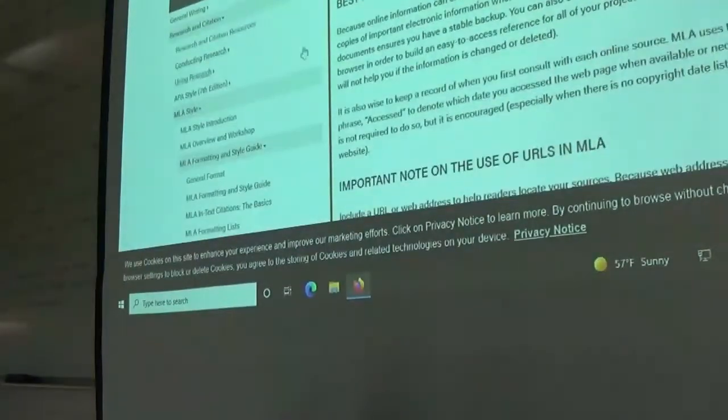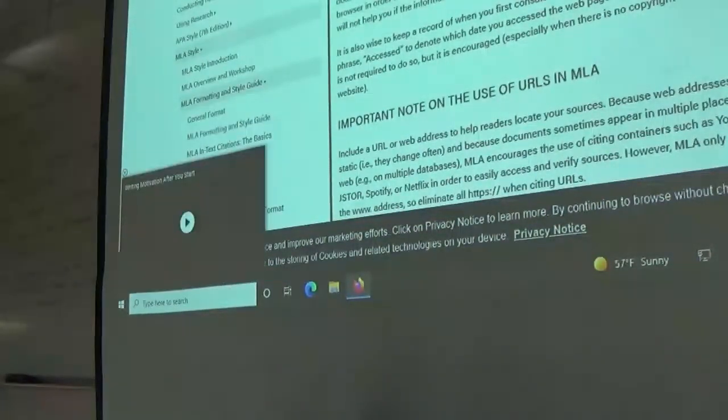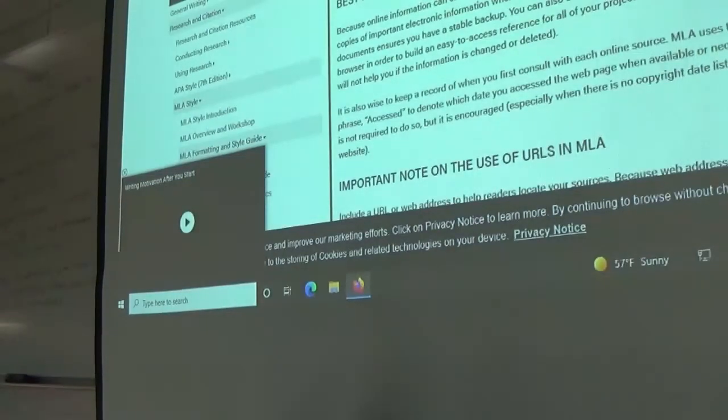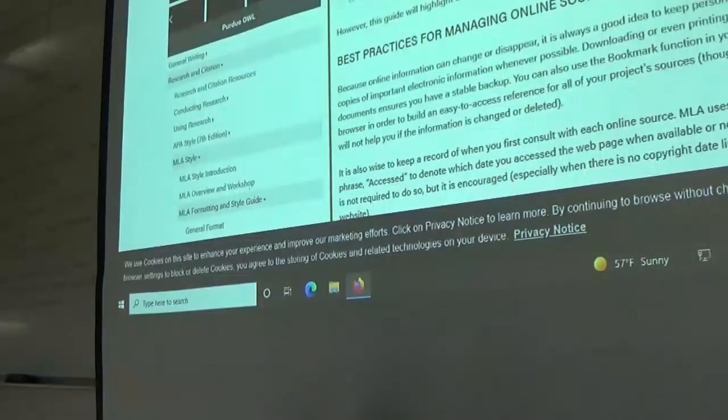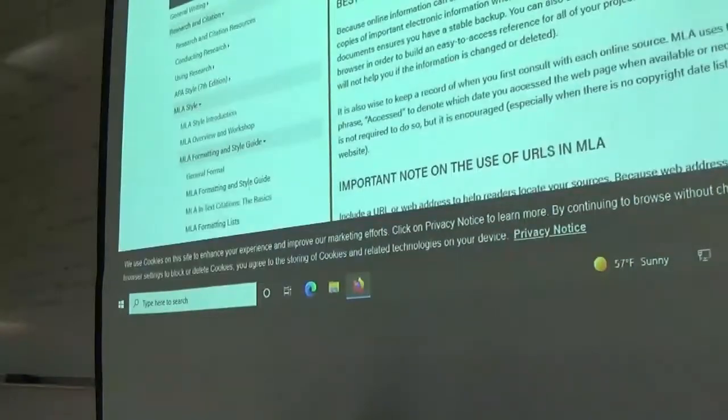Their website has all the information that you would need on doing MLA citation correctly. Or we can just put it in a little box. Yeah, well, the little box never gets it right. Every time you do it, it always says that it's missing information, even though it's right there, and you have to manually put it in.